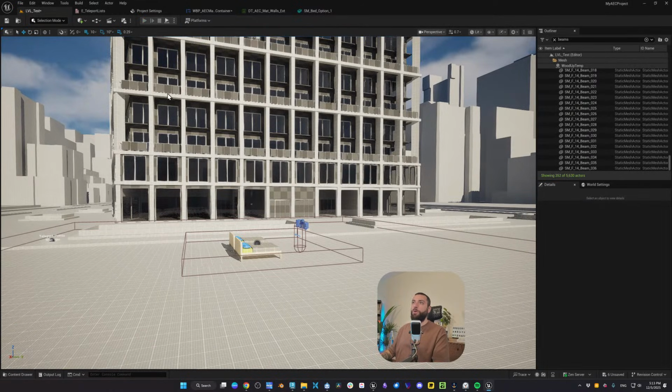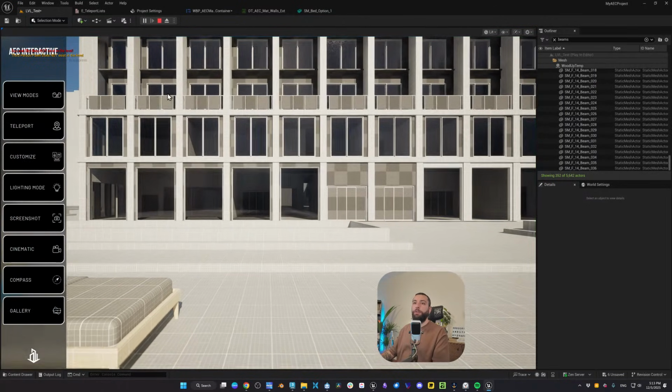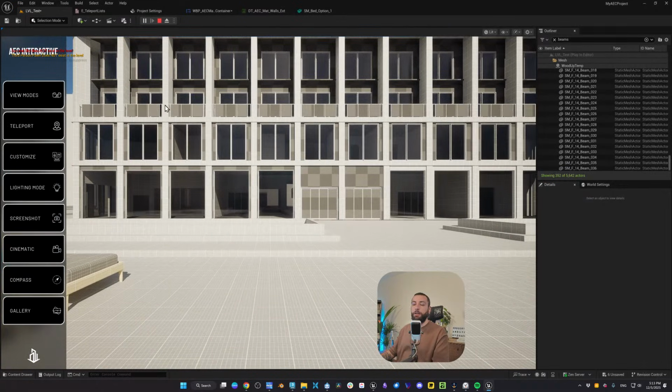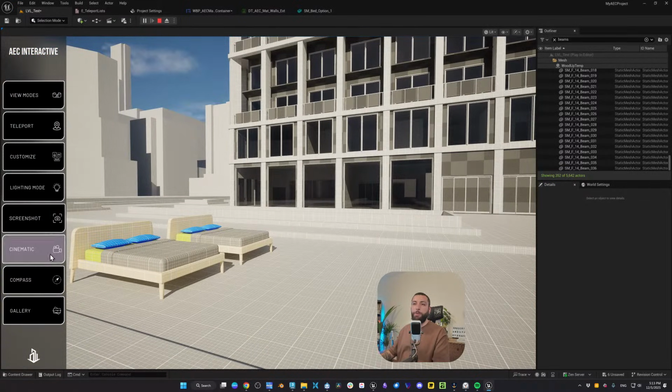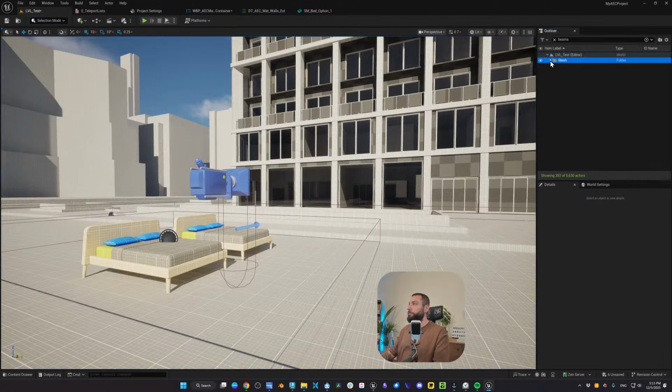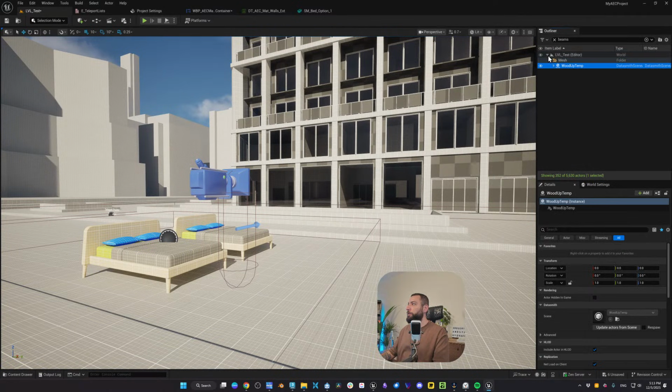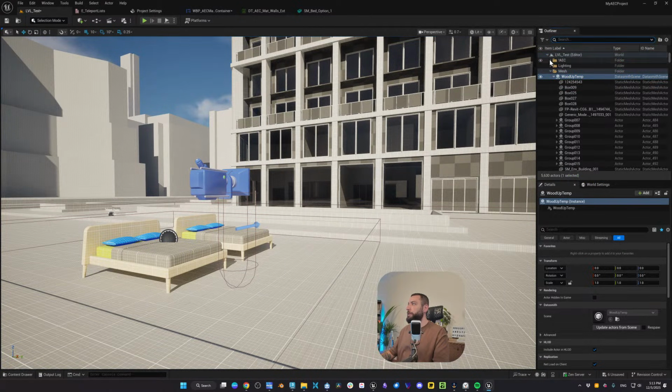Okay, now let's click on play real quick and notice how, well, we will talk about the POIs later, but the lighting mode. So let's click.